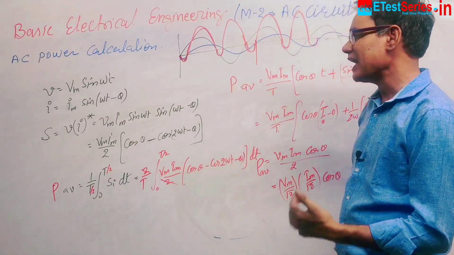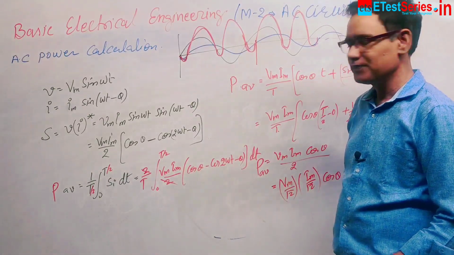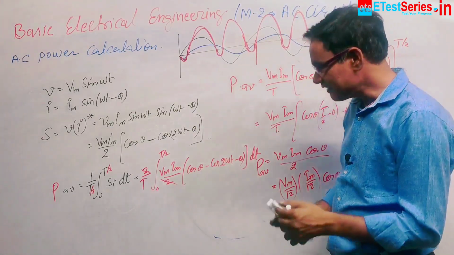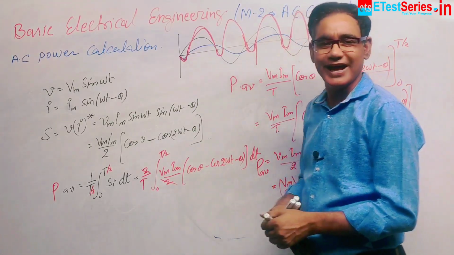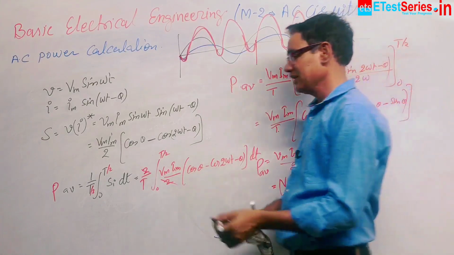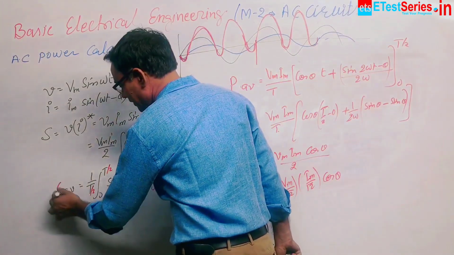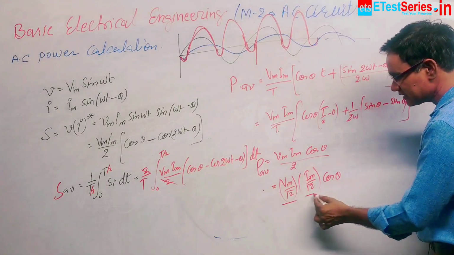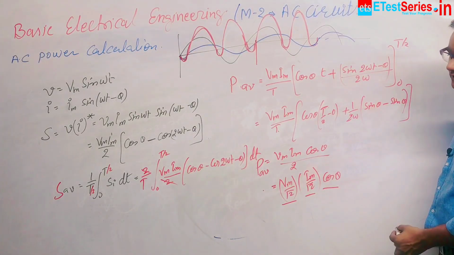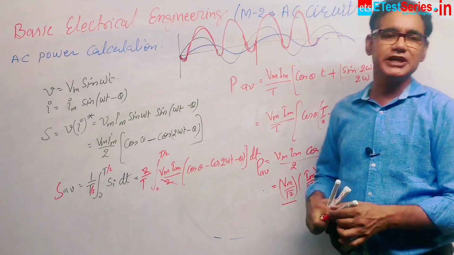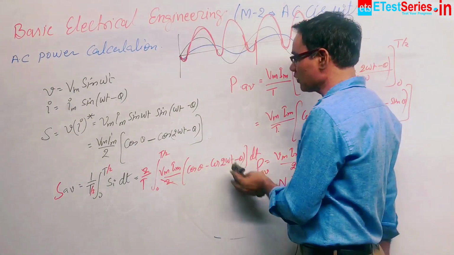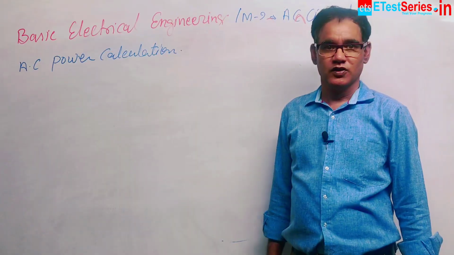How can we calculate the active and reactive power? If we calculate the average, then the average power comes out, that is not S, that is P. We are calculating the average power, but that power comes out finally as V RMS, I RMS and cos of theta. Then how will the instant power, that is S, be calculated? So we'll try.